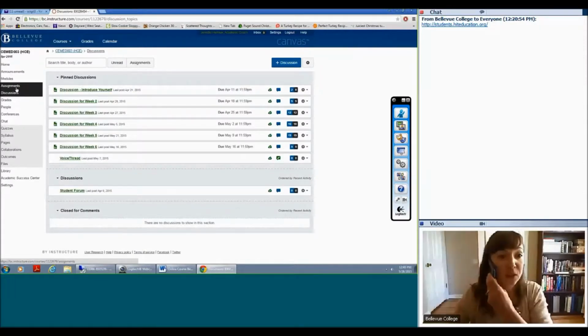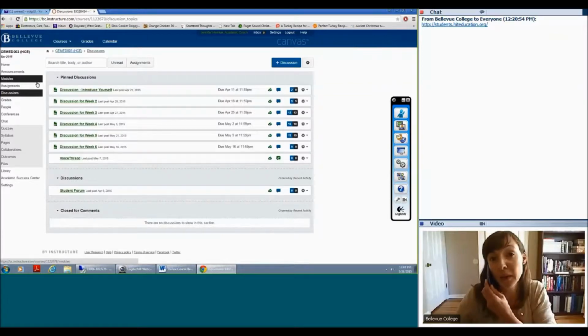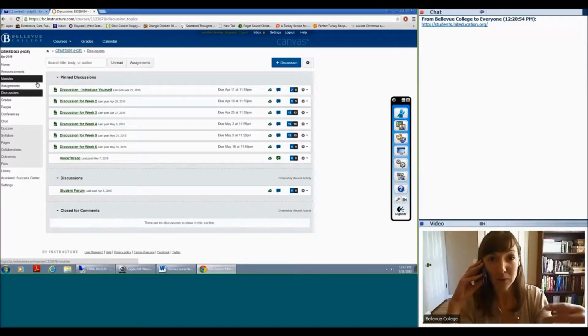So a typical discussion, and we're going to go more into depth in this in a little bit, but a typical discussion post is going to be the instructor asking the students in the course about something that was covered most likely in a text or a chapter in a text or maybe a supplemental reading. They're going to ask you to maybe summarize a specific subject, or they're going to ask you questions on a topic, and you have to respond. And then everybody in the course is also expected to respond, and then you're expected to also comment on other students. And this opens up that dialogue